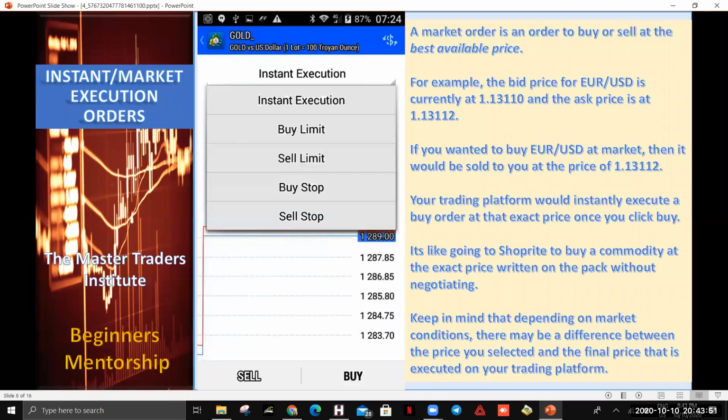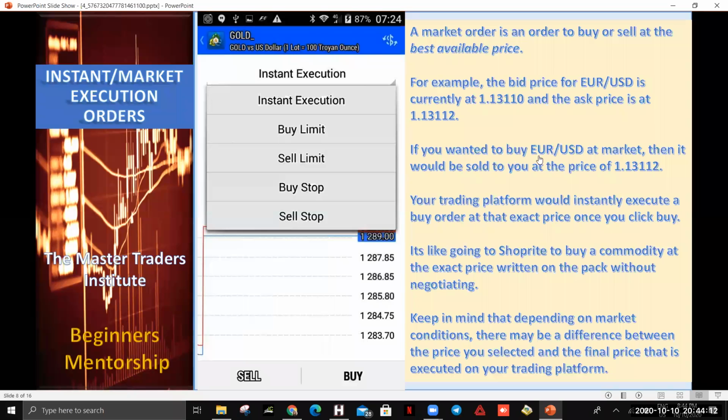Now I'm giving you a time. Some people might miss that time and buy it maybe at 2:30. You buy it at a different price. I'm just trying to break it down in a layman's understanding so you understand the difference between an instant execution and a buy limit. For example, the bid price of euro USD currently is 1.13110 and the ask price is